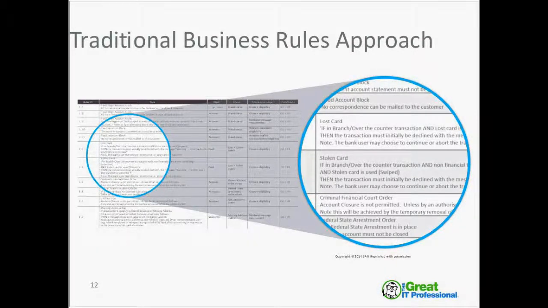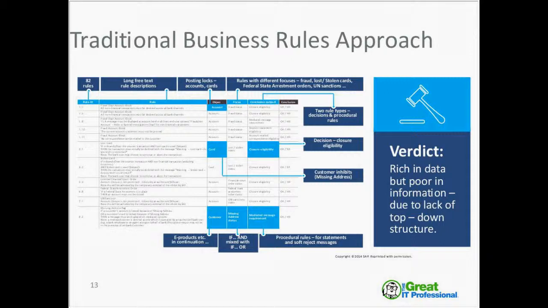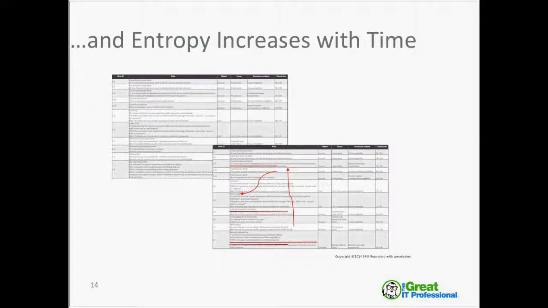It's very difficult to actually do that analysis, and it's even more difficult to test those rules and ensure that they're accurate. And very often these rules are really only resolved and developed after development, in UAT. So these rules become a lot of data, but they lack information because they don't have any structure in them. They don't have structure that enables us to determine up front whether or not they're complete. And the problem persists and gets worse over time, because over time, when we have to maintain those systems